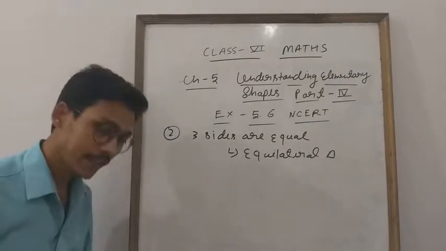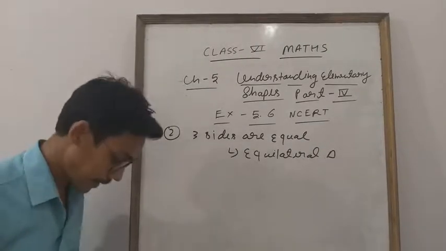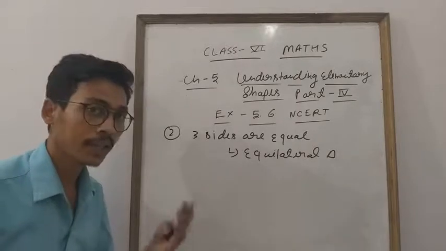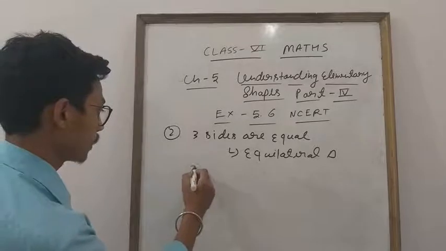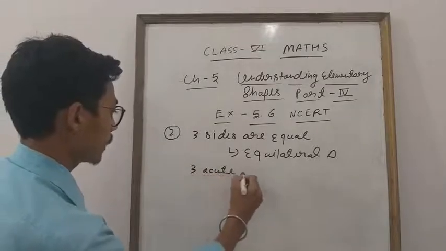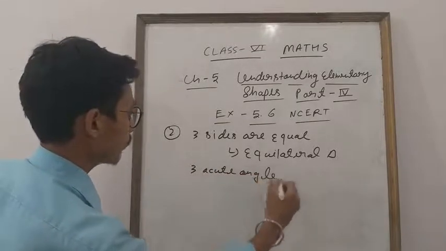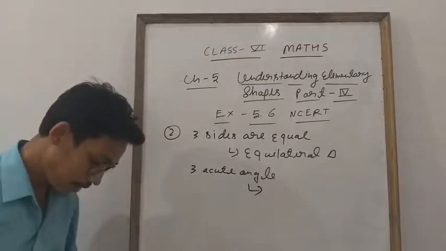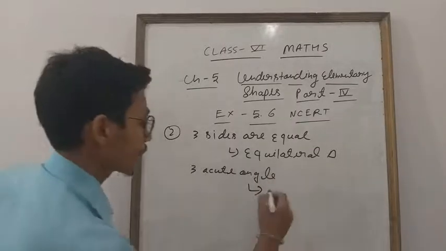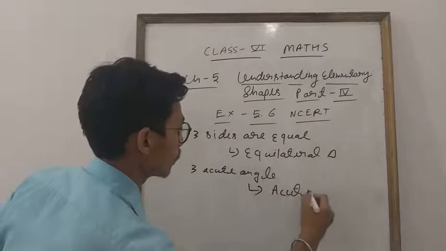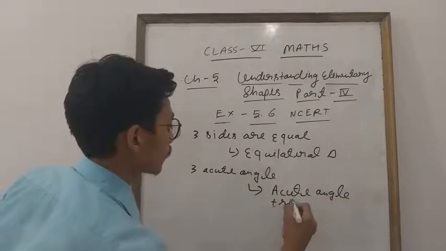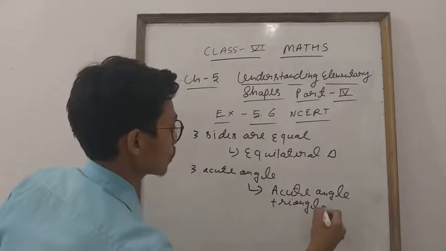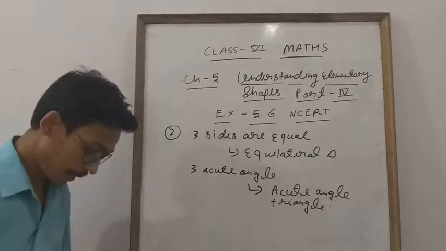Next is given two sides equal. You know that it is isosceles triangle. All sides of different length means scalene triangle. Three acute angles, see, three acute angles. If three acute angles, then you have to find out. Three acute angles means simple acute angle triangle. So I explained all the things. Okay, everyone, to match the following, you have to match.